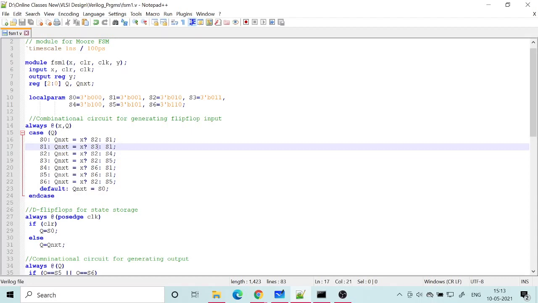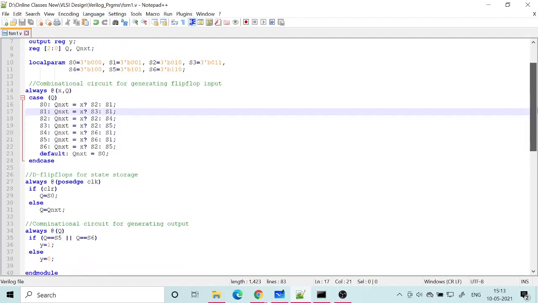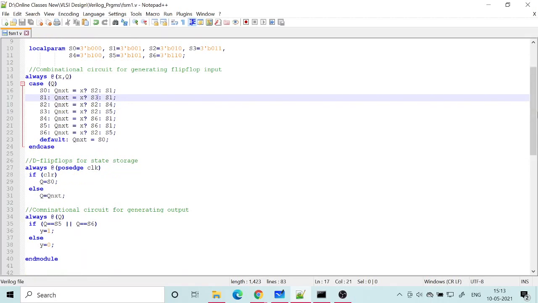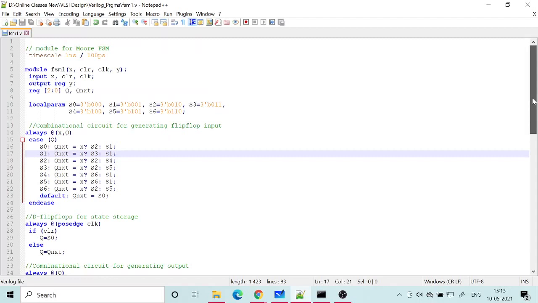Since the remaining case is not our concern, for the next state I can go to any one of these states, but I will choose the idle state, so that my y will not be 1. If any other state comes, I will begin from the beginning. But it will not come. It's a don't care state. So that's it. This is our module.